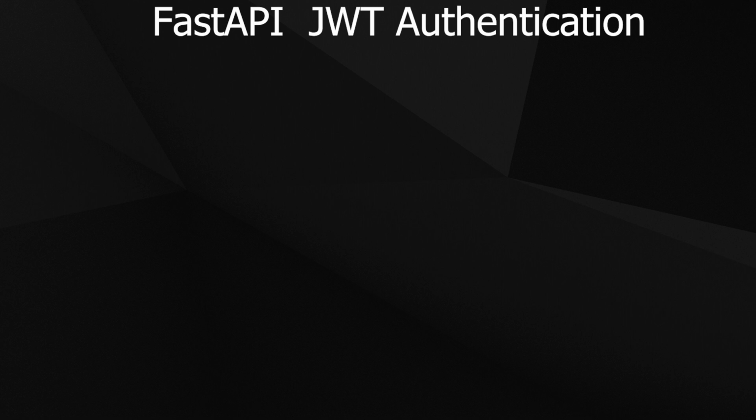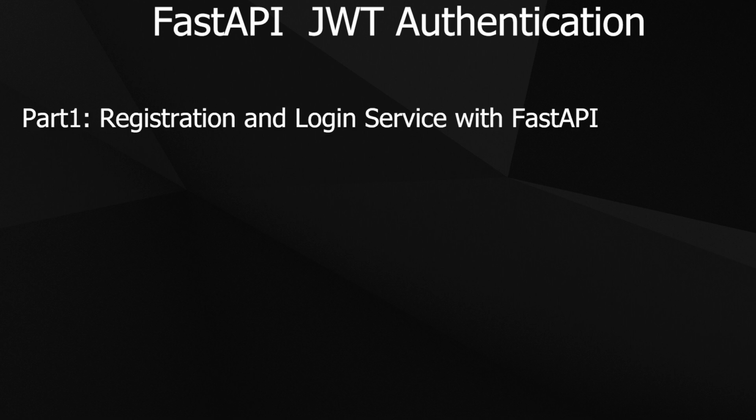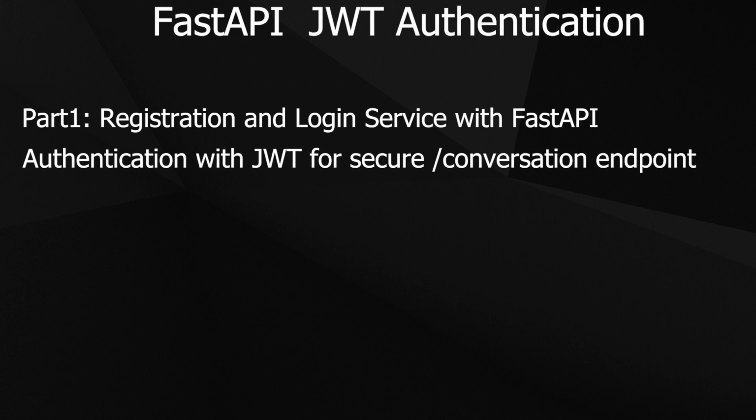The project is divided into two parts. In the first part we will create registration and login endpoints with FastAPI. We will then authenticate ourselves with a JSON Web Token on a secure endpoint. Since such a setup can naturally be used for other projects too, I want to make a cut there and